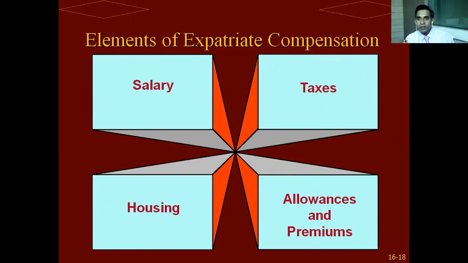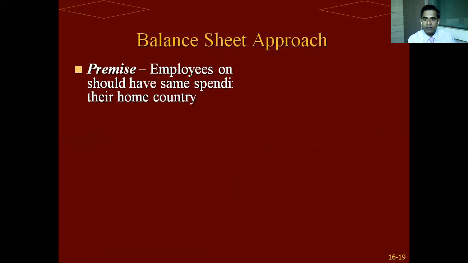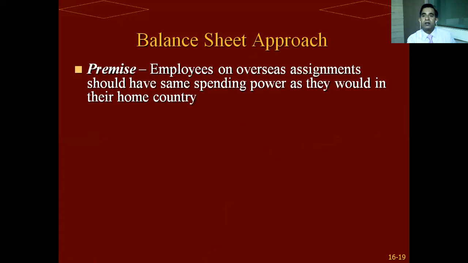Same elements of expatriate compensation. So these allowances and premiums we just browsed in the previous slide. Other than that, salary, the main compensation, taxes, and housing allowance. These all are borne by the company. So hence they form elements of expatriate compensation. And finally,